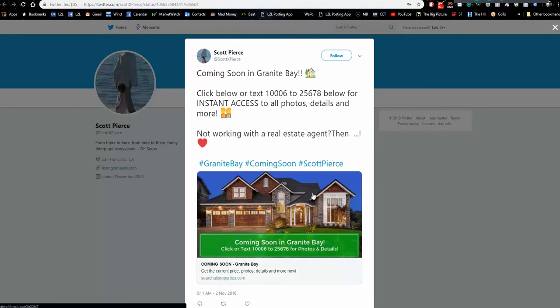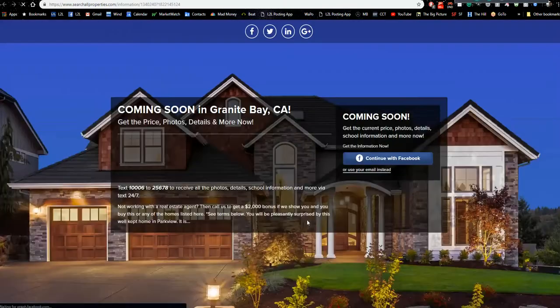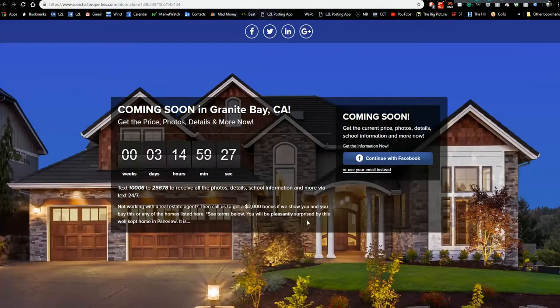But if somebody clicked on it, it would open up our tool. And you can probably recognize this tool that's behind it. This is saying this thing is coming soon. It's going to be listed in 3 days. And if you want more information, you got to click that button. And you know what happens when I click that button. You're gathering my information, right? So we're auto posting to Twitter, to LinkedIn, and to Facebook